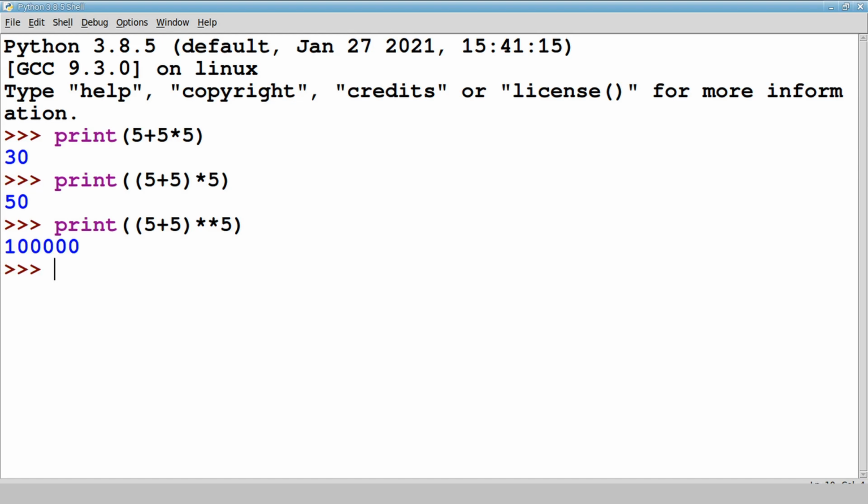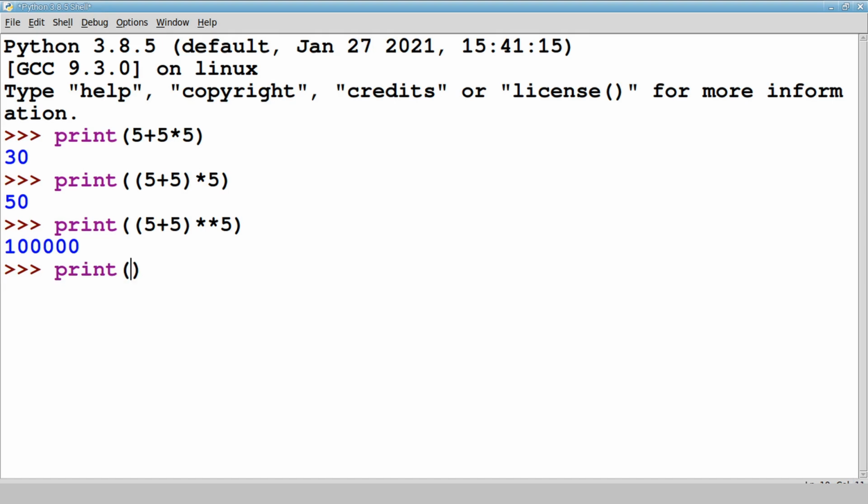Then the bitwise complement operator and unary minus operator are the next ones. After that our basic multiplication, division, modulus, and floor division occur. Then plus and minus. So these are the different precedences for the operations.